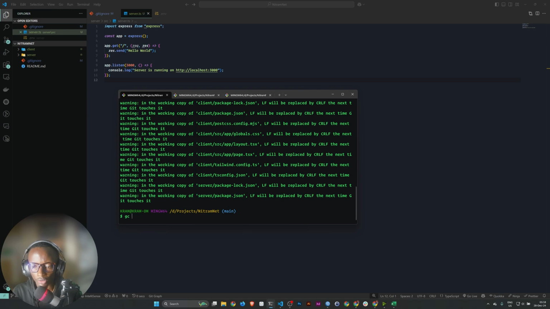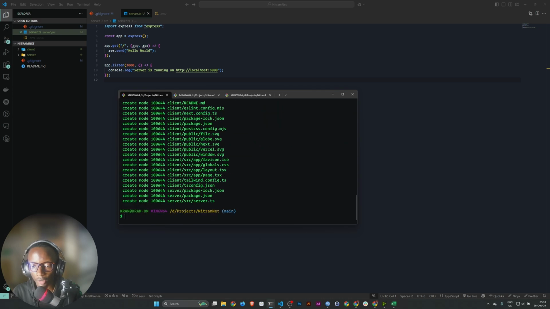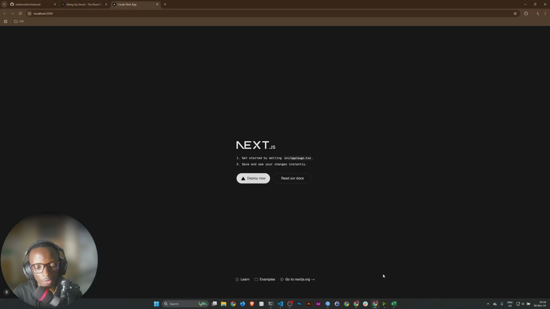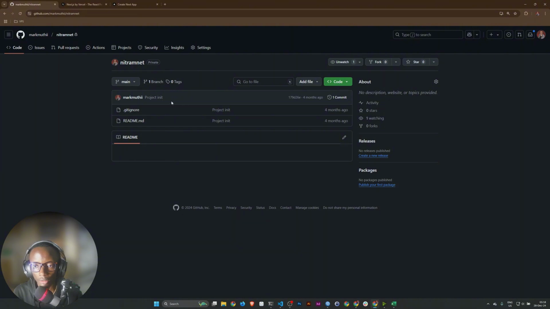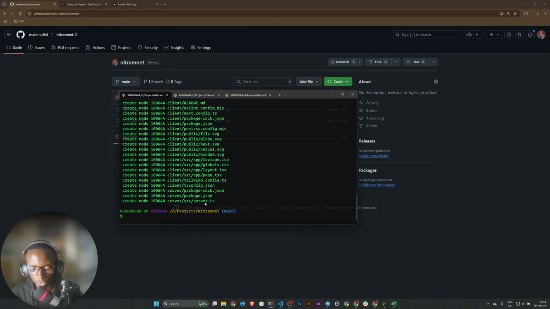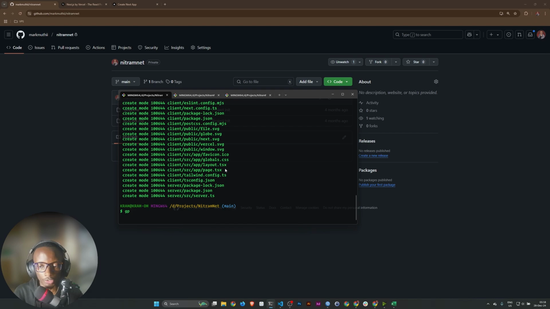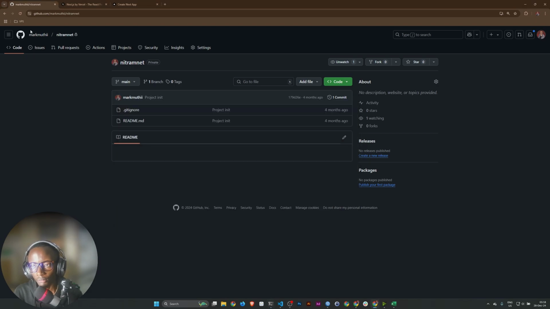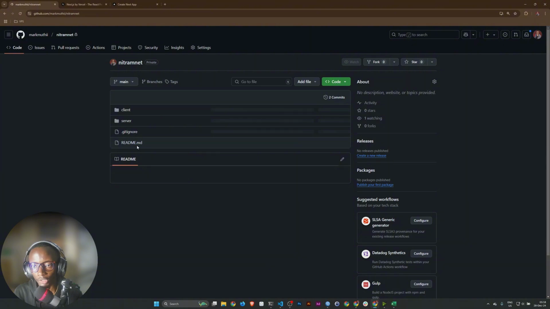I can't remember if this alias contains the message, but let's see. Initial project setup. Okay, and then I'll just push, because I'd already added the remote origin over here. So I'll just git push. Now we should get the client and the server.